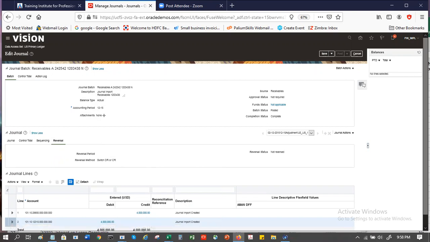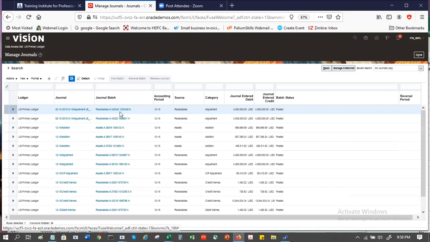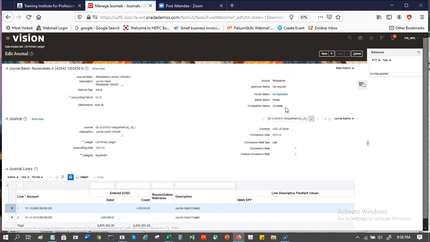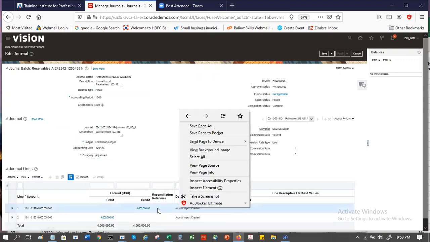Okay, so this was about the journals and the journal lines, headers. The other thing is that here you can see the balances at any point of time. On this side, you can see the balances.